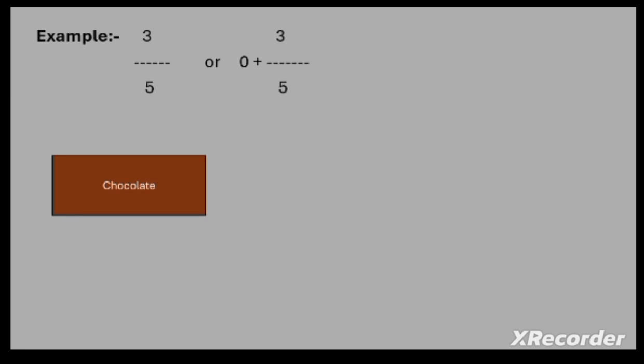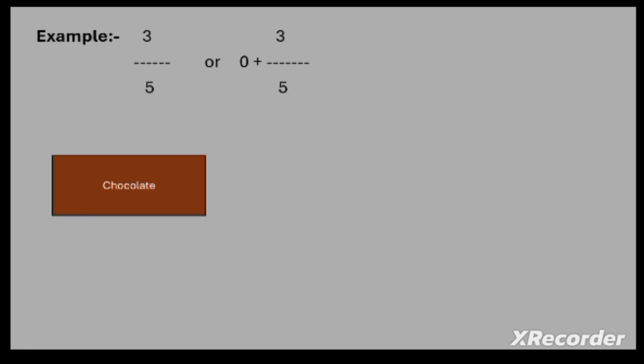We can also express it as 0 plus 3 upon 5. You can write 3 upon 5 as 0 plus 3 upon 5, where 0 is the whole number and 3 upon 5 is a fraction. Okay, now what does it mean? It means that there is a chocolate, and let's suppose